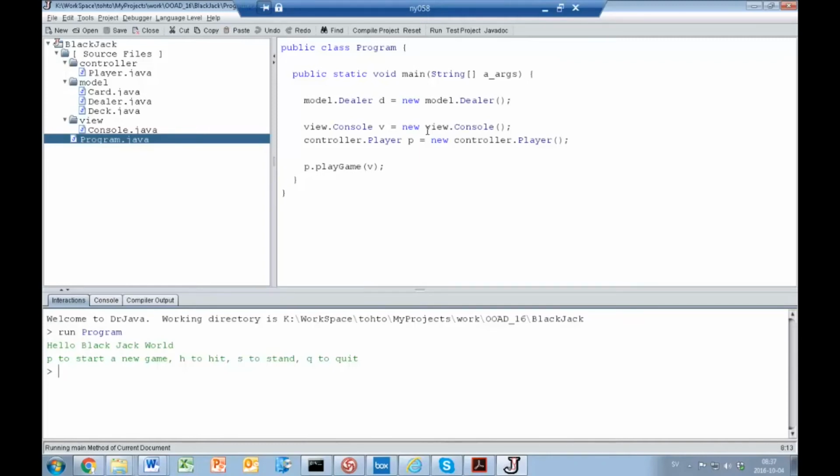So how would this look in a class diagram? Both of these solutions will look the same. What kind of relationship will we have between the controller player and the view console? We will have a dependency. We will not have an association because